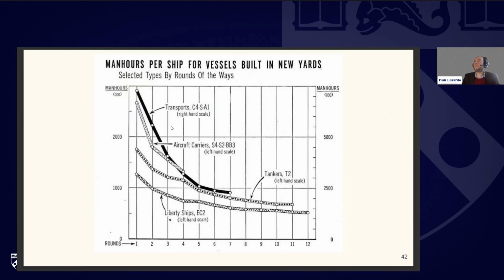So initially, what we have here, on the right-hand scale, is that it took more than 5,000 man-hours to produce a unit of this model of ships. But in the second round, we saw a substantial reduction in the working hours. In the third round, an additional reduction, and after several rounds, after the C7 round, so what we see here is that